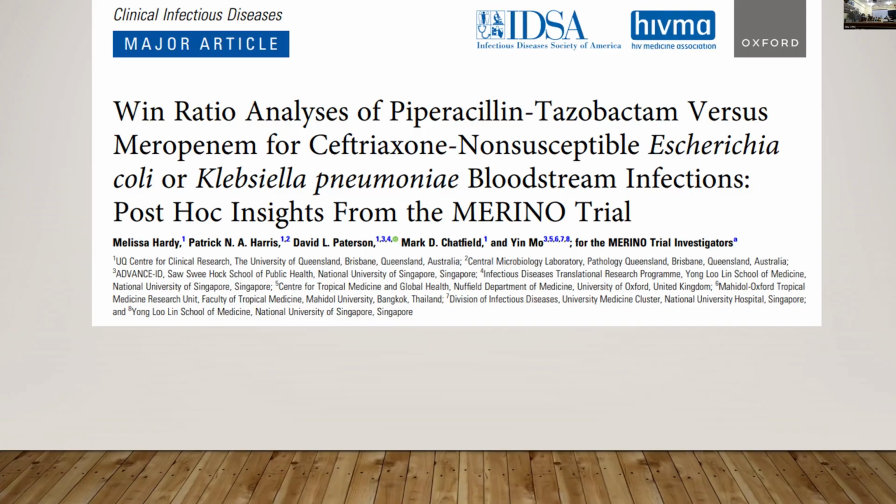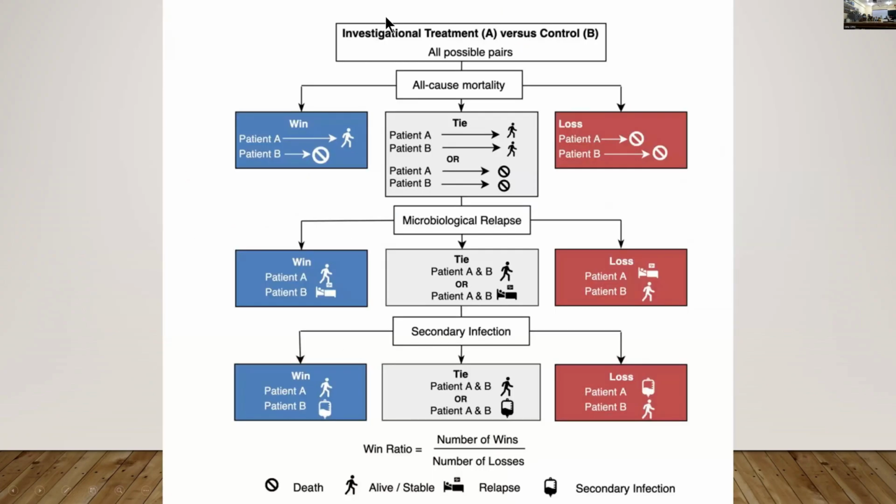So you have many outcomes, which is really the most important outcome? Some people may say death, then quality of life, maybe duration of hospital stay, maybe even the bill, so many things. So I'm just saying, a group of people must sit together and decide the hierarchy of events. Let's see what they did. So what did they choose as the number one outcome? Death. Second, microbiological relapse. If I give piperacillin tazobactam, they may not die, but after 2 months, they may come back with relapse. The third one is secondary infection. You are admitted in hospital, you may land up getting a